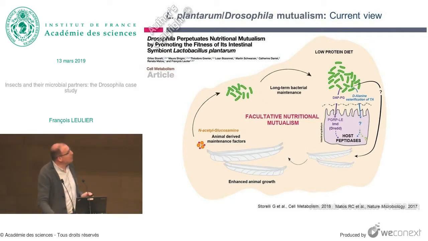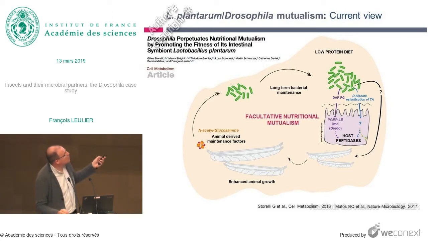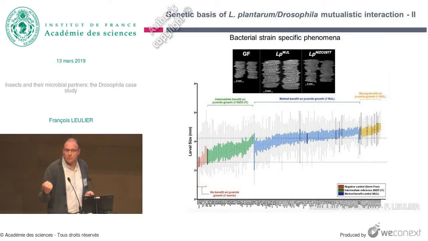I would like just quickly to mention another story we published last year, that established that this Plantarum Drosophila system is really a case of mutualism with a mutual benefit. So larvae benefit from the presence of the commensal partner, Lactobacillus plantarum, which triggers growth. But also the bacteria benefit from the presence of the growing larvae in the nutritional niche, because the growing larvae are shedding a lot of sugars in their excreta. And those modified sugars, N-acetyl-glucosamine, for example, are actually an extremely good carbon source for the bacteria. So the bacterial titer is maintained over time, thanks to those sugars which are shed by the larvae. So it's really a bidirectional benefit.